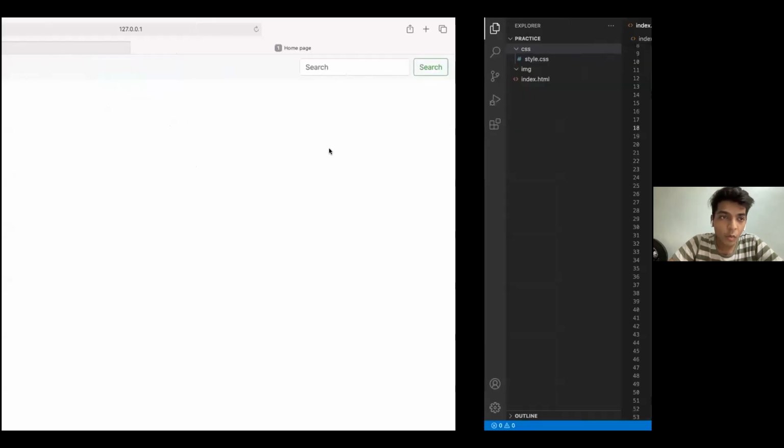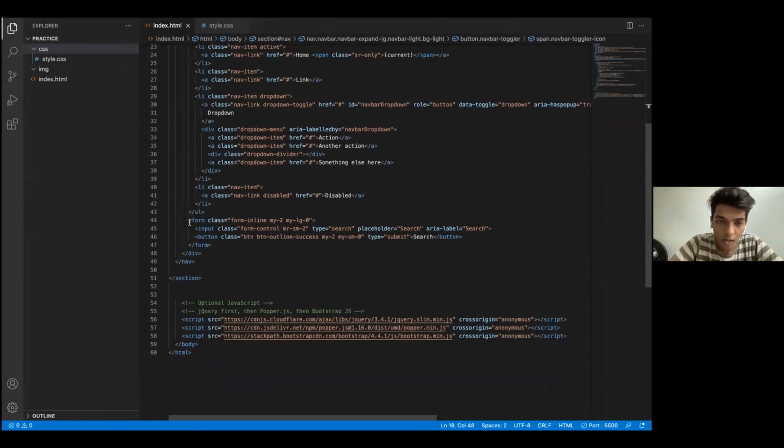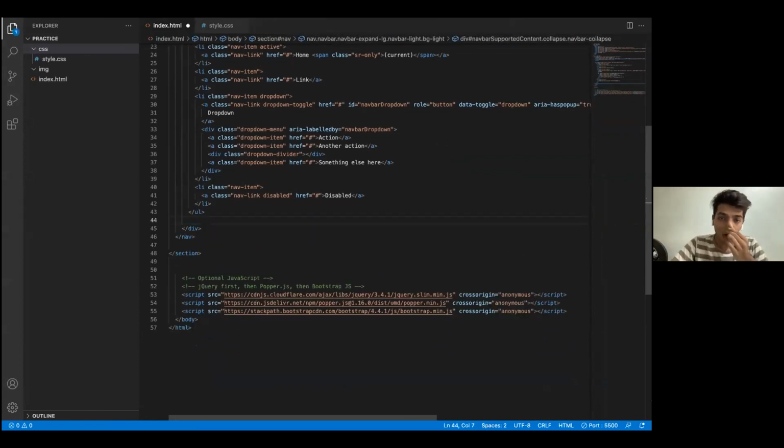So firstly, we won't be needing the search bar, so I'll just be taking the form tag. Actually, we write search in a form tag because after all, it needs a backend. To search something, we need a database, we need a backend language. That's why we write that part in a form tag. So I'll be taking this form tag, copying it, and pressing delete. So the form tag is gone.